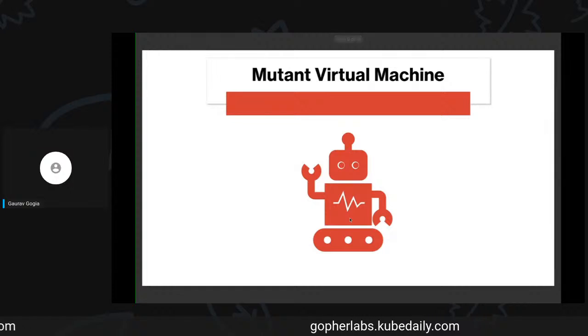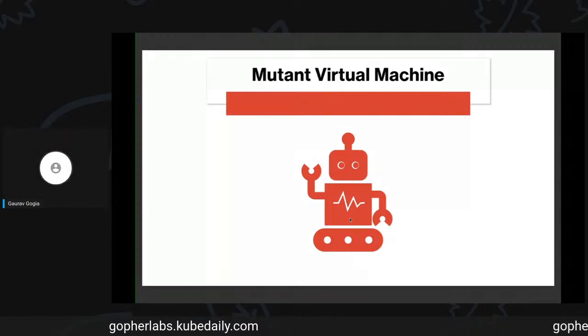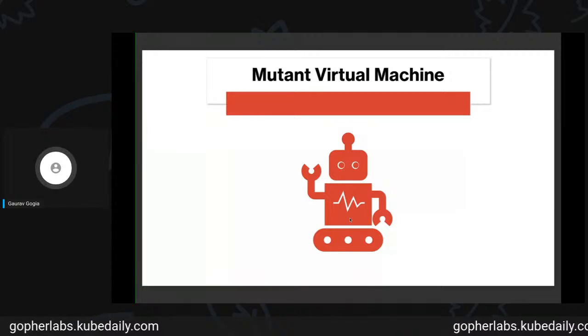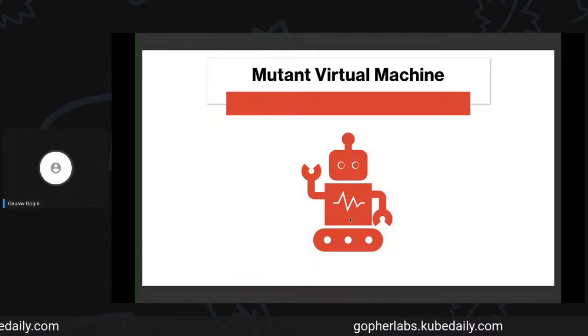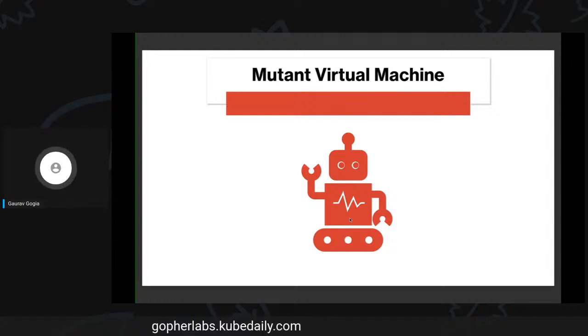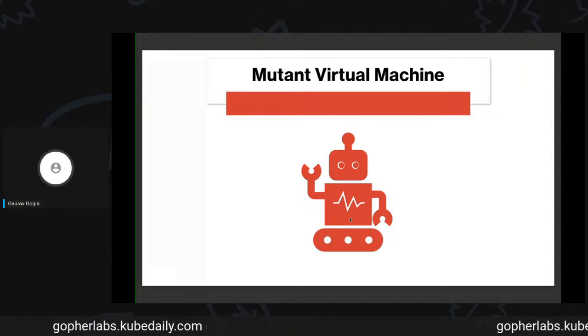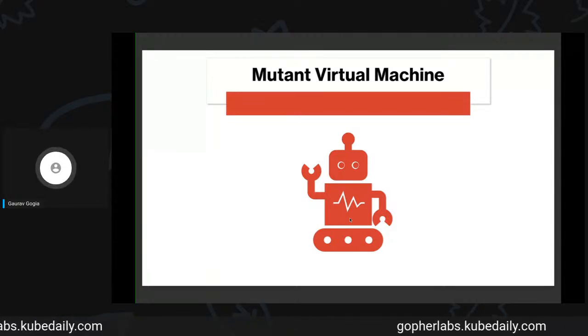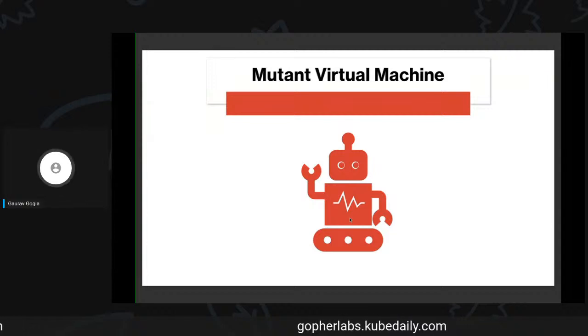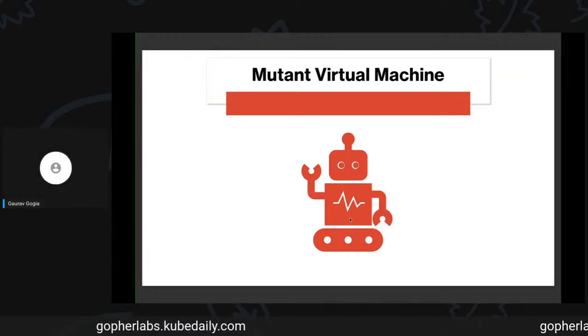Now, about Mutant Virtual Machine, it's a simple stack-based virtual machine. It's designed after Java Virtual Machine, so it sort of works like Java Virtual Machine, the way it does. Now we have multiple types of virtual machines, right? We have infinite register virtual machine, we have stack-based virtual machine, and we have some other, and there are some other ways we can do this.